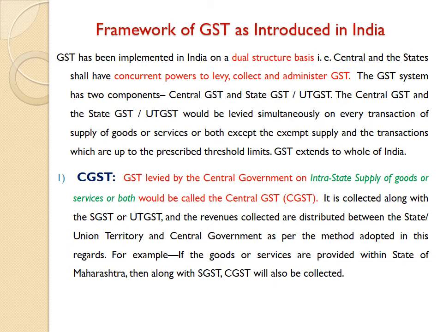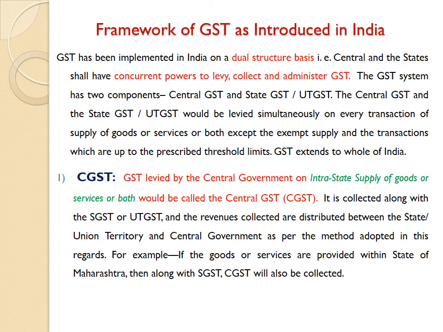It is collected along with the SGST or UTGST. The Center is levying the GST and the state is also levying GST. If the transaction happens in a Union Territory instead of a state, the Union Territory is levying GST. And the revenues collected are distributed between the state or Union Territory and the central government as per the method adopted in this regard. For example,